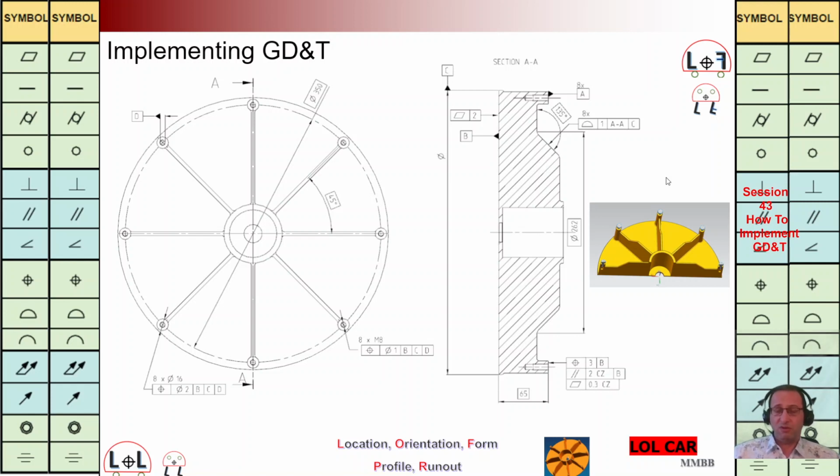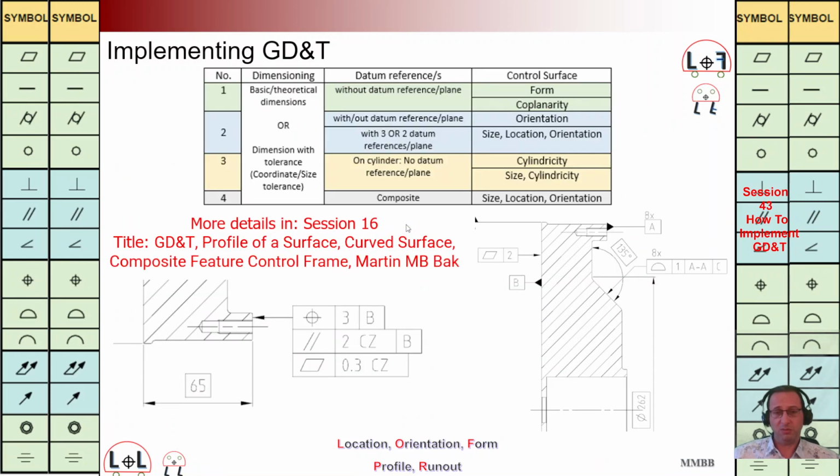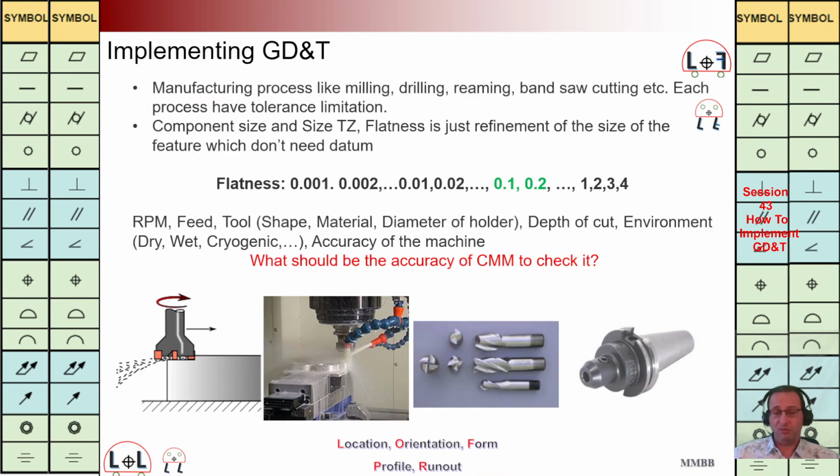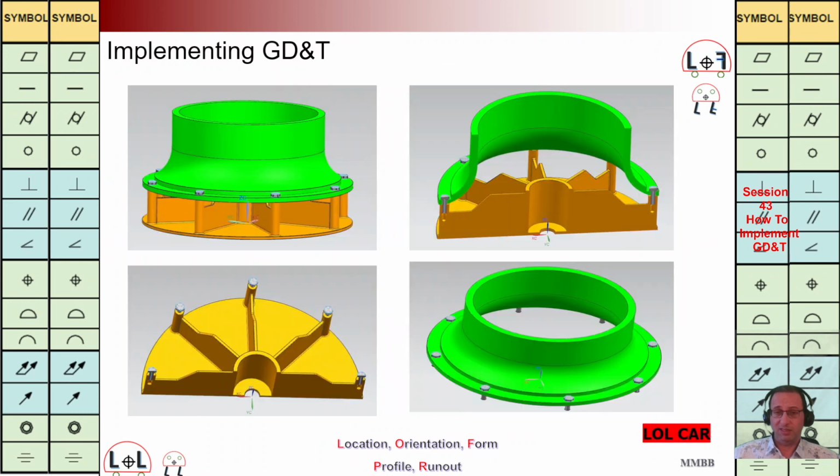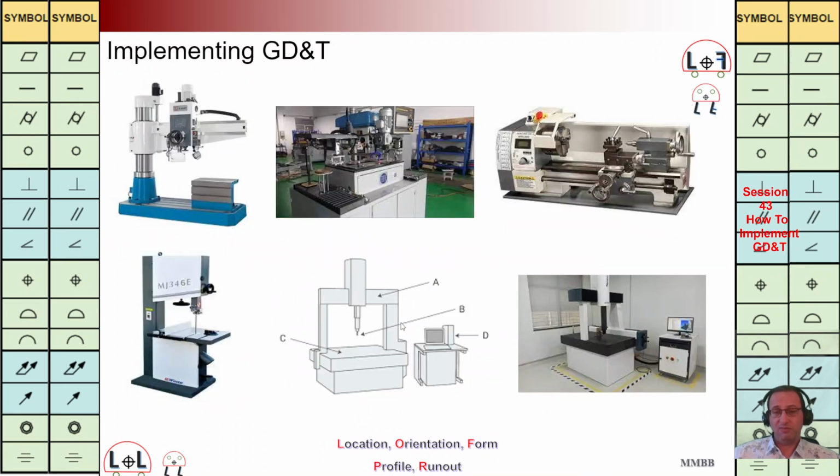For now, I would like to close this session. In the coming session, I'm going to continue to talk about this example, and later on, I'm going to talk about how we are going to implement GD&T for that green component here. And then we go ahead,